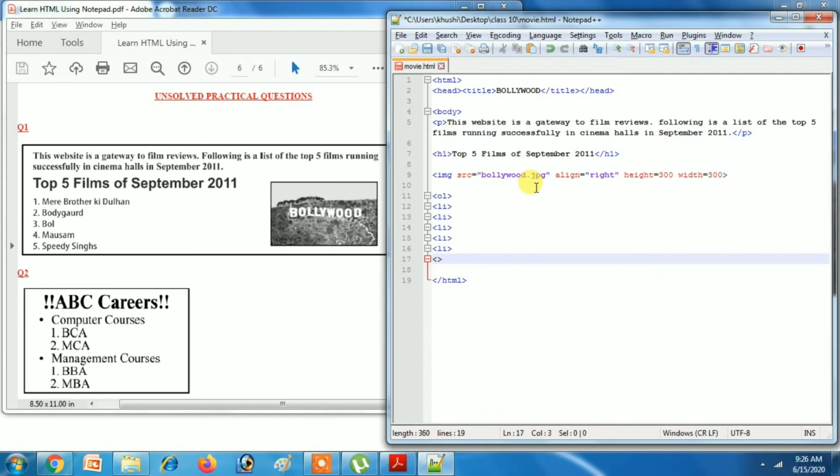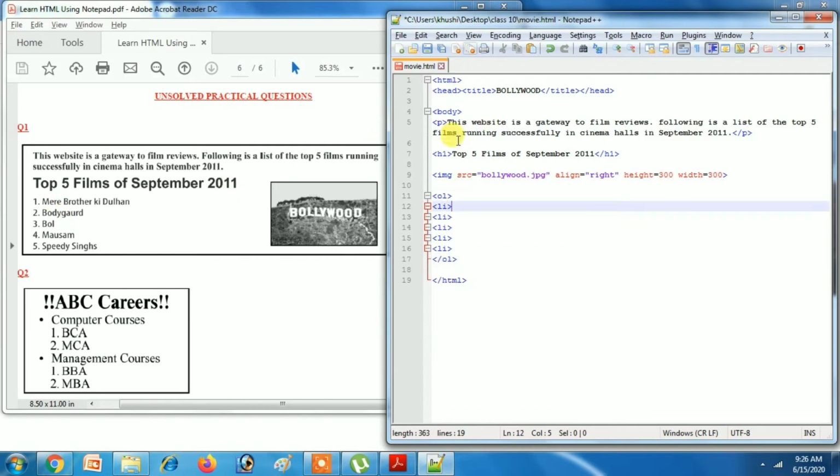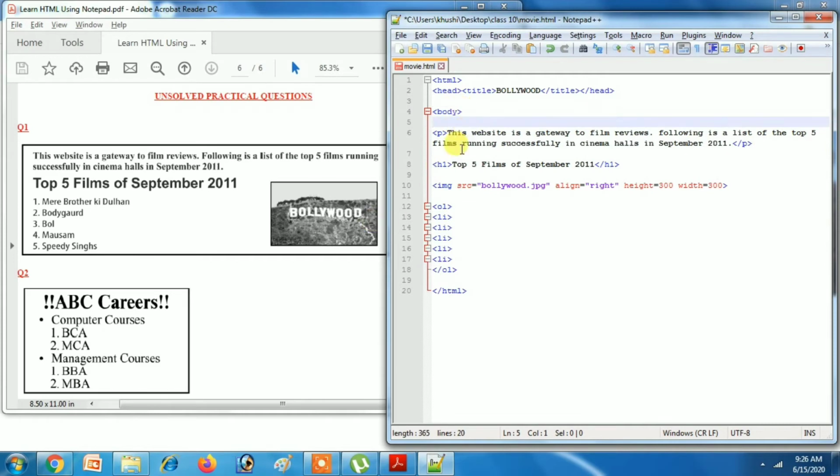Students, HTML is very easy. Only thing is that you have to learn the tags. For paragraph it is the p tag. You can see it seems very easy. For heading it is the h1 tag. For image it is the img tag. For ordered list it is the ol tag. Now type the code, type the list items.